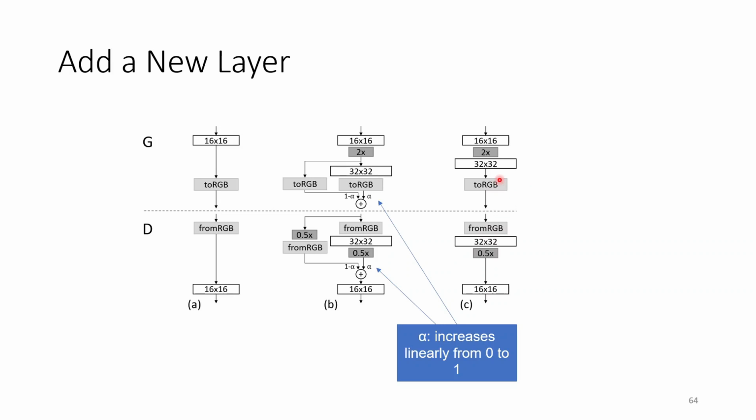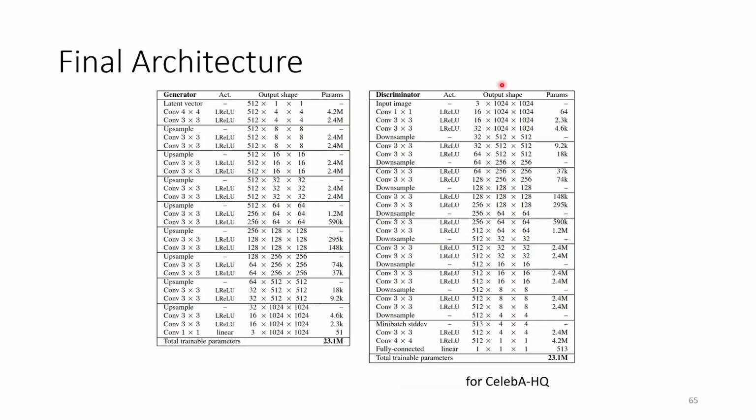So this is their final result, beginning from 4x4, then 8x8, 16x16, and finally it generates 1024 square. And for the discriminator, the same: from 4x4, 8x8, 16x16, and finally 1024 square. So in fact, the Progressive GAN generated very good results. But